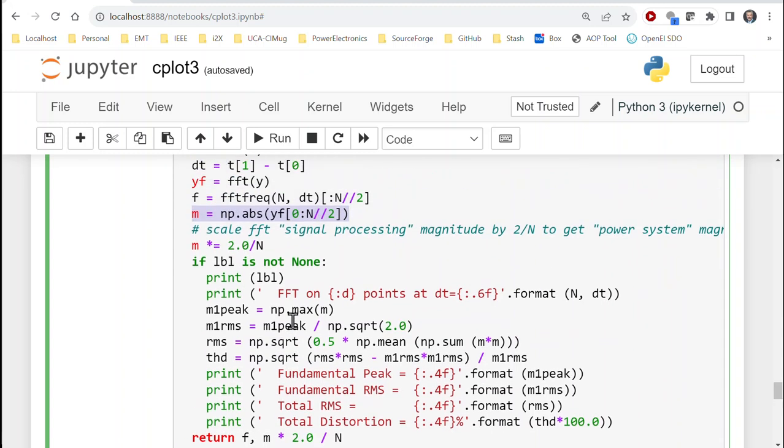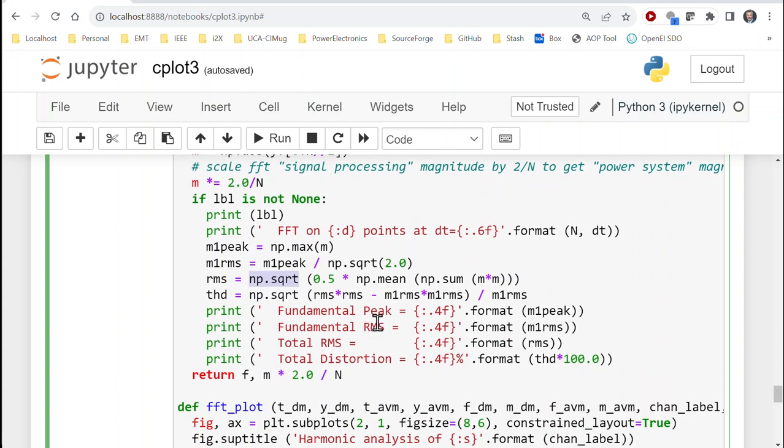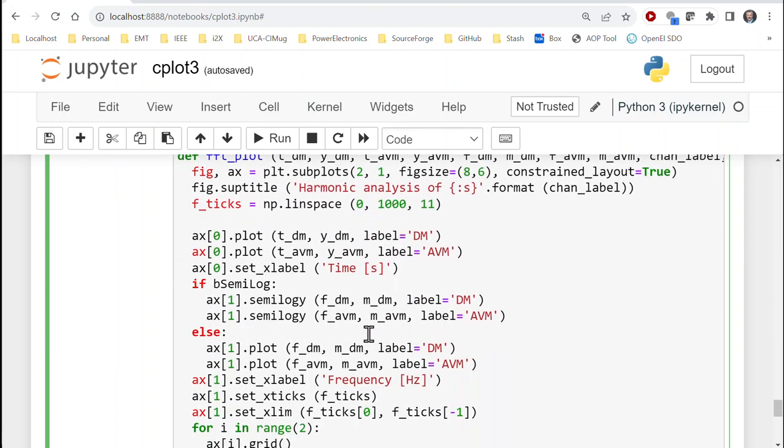I want to be able to plot the magnitude. Then I'm going to do some numerical outputs. Pick out the peak of the magnitude spectrum. That's my highest component, and we can get the RMS of that highest component. So this is going to be 60 Hertz. We want the total RMS considering all of the components. I'm taking the sum of the squares, so the magnitude squared here. Take the mean of that, divide by 2. So I'm getting the RMS magnitude, not the peak magnitude, and then take the square root of that. So in numerical outputs, I can get these 4 different quantity measures, and this is a function that's going to